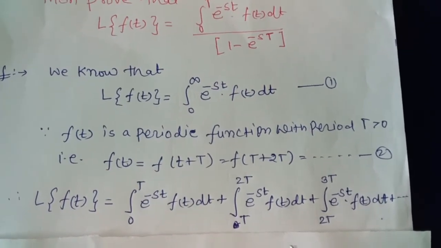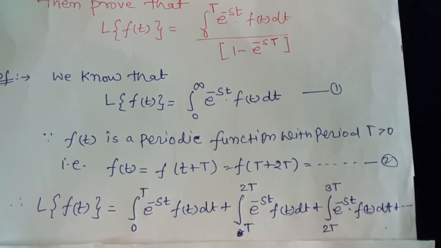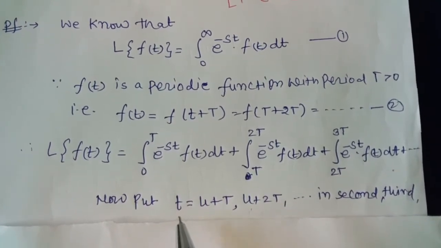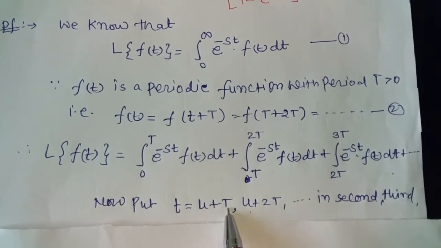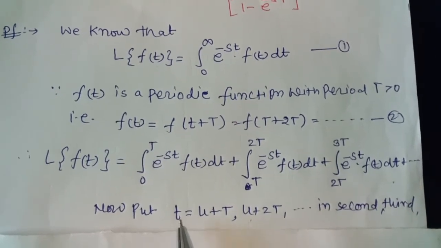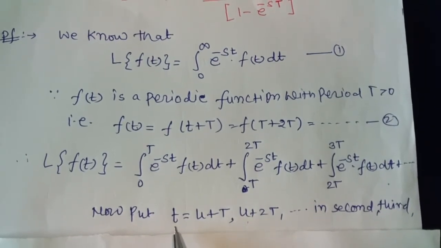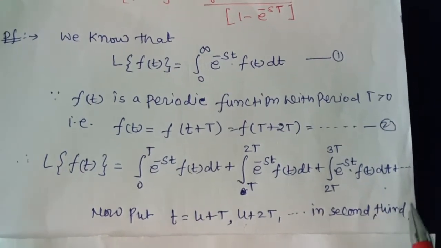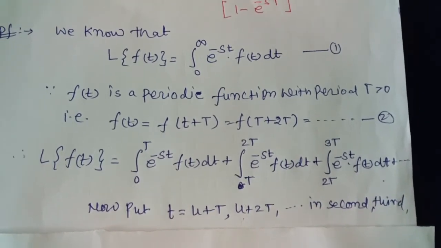Now from the second integral, that is from the second, third, fourth, and so on integrals, we use substitution. Like in the second integral we put t equal to u + T. In the third integral we put t equal to u + 2T. In the fourth integral we use the transformation t equal to u + 3T, and so on. So using these transformations in the second, third, fourth, and so on integrals, we get